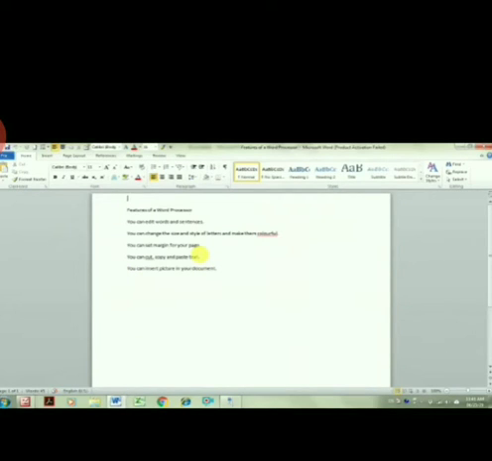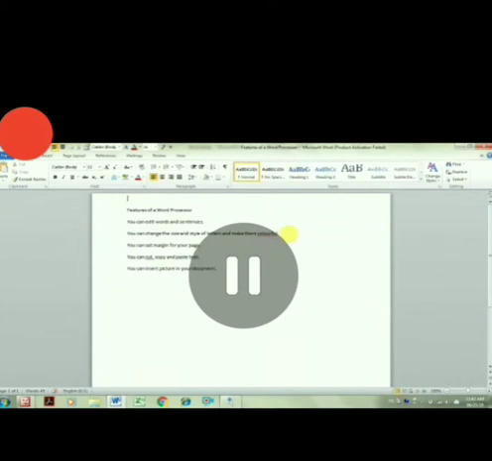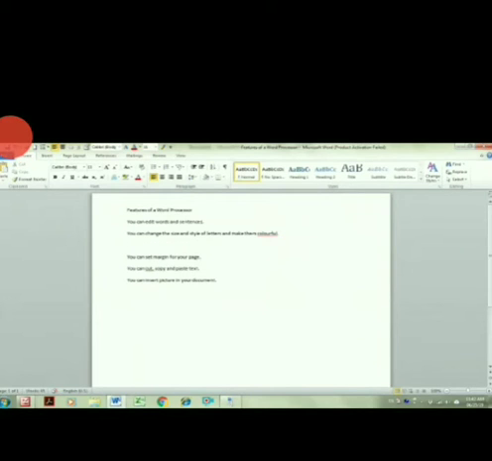Now, how can you insert a new line in an existing document? Wherever you want to enter any line, just click at the end of the line and press the Enter key. A blank line will appear, so you can type any text or sentence if you want.